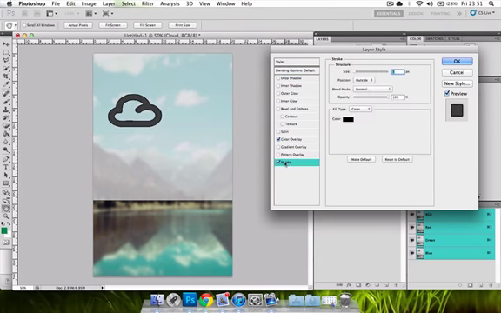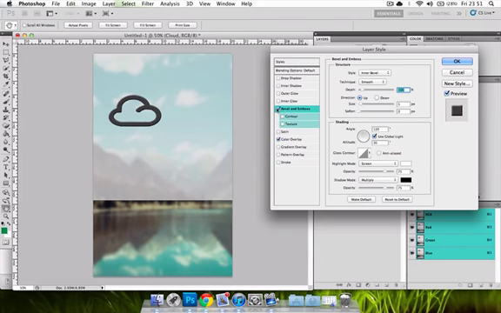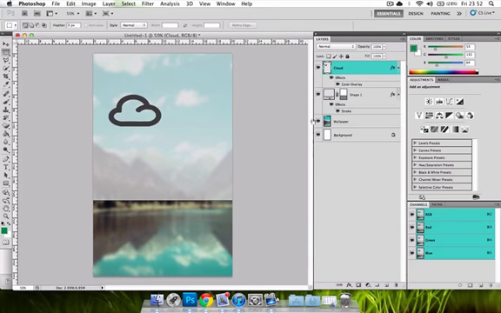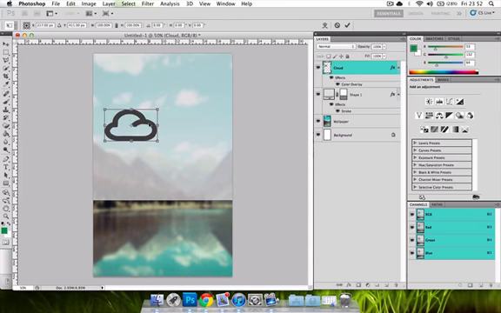You can add strokes, and this makes it kind of like a 3D effect. Inner shadows, outer glows, yeah, all that kind of thing. So I'm just going to leave it like this, and move it maybe down there. So yeah,